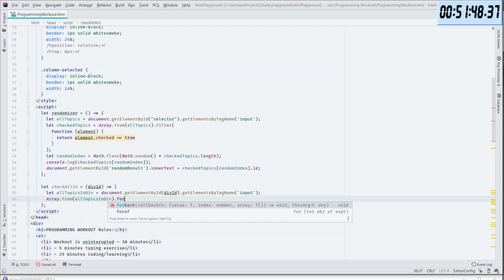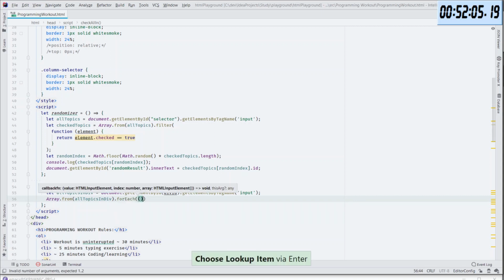The callback function will take those things, and we just want the element, which is the value in the array in here, and on that element we will set it to checked. So for each, here is our function.